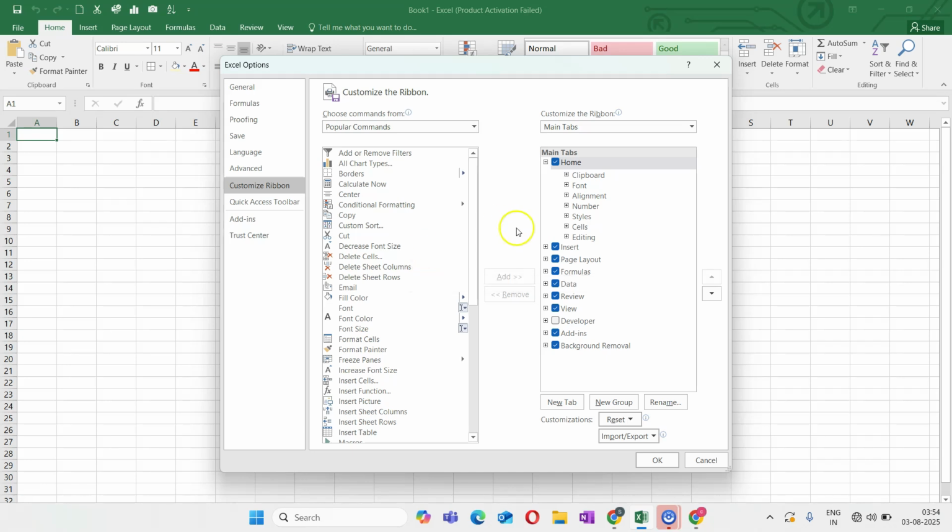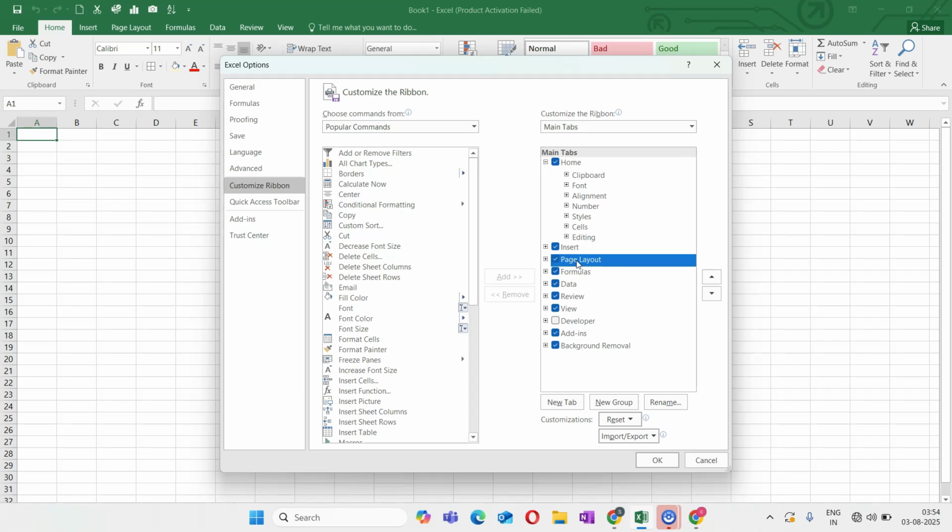Here also you can see different types of commands. In Home, you have multiple groups: clipboard, font, alignment, likewise. In Insert, you will have certain things, in Page Layout also, and similarly it will go on.